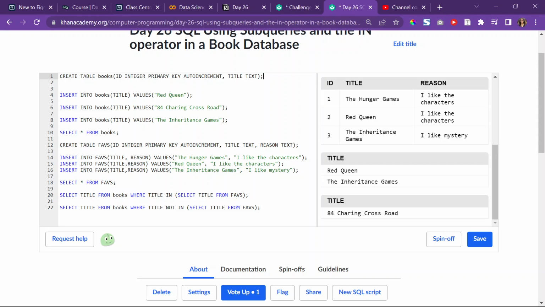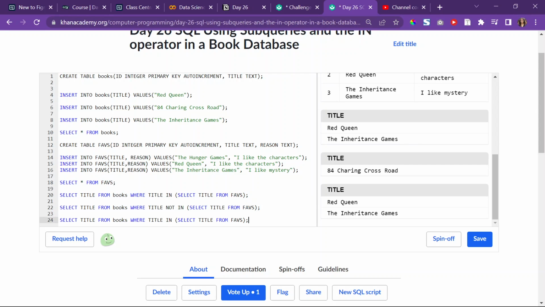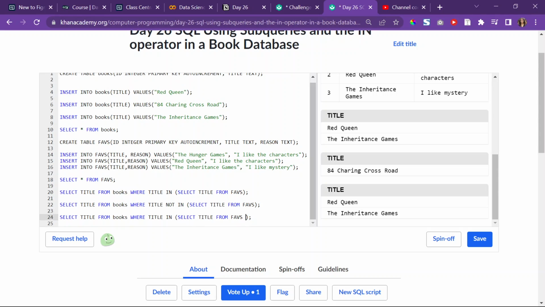I can't decide. Mystery. I'll do mystery. Okay, so all I have to do in this case is copy this one and paste that in there, and then delete this. Or maybe not delete it. But I could do, and where reason is equal to, or reason is like,